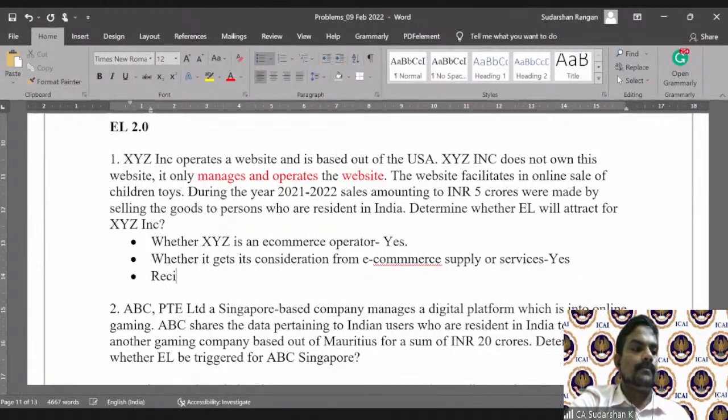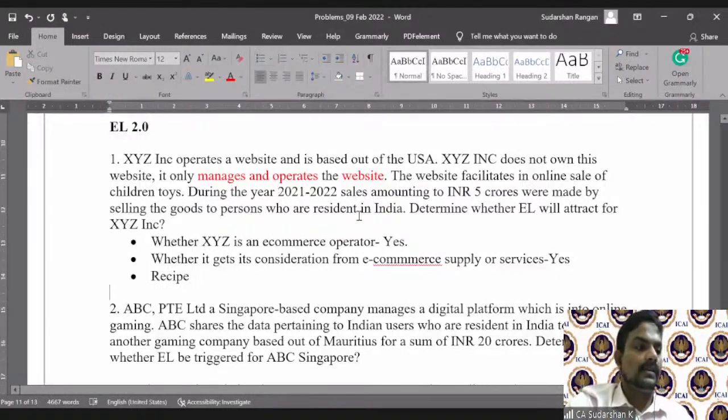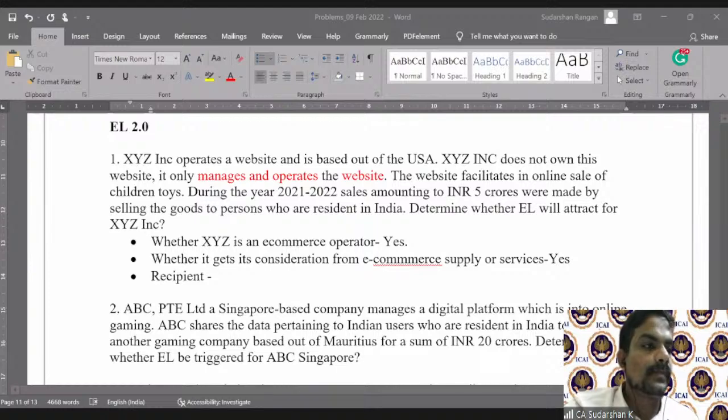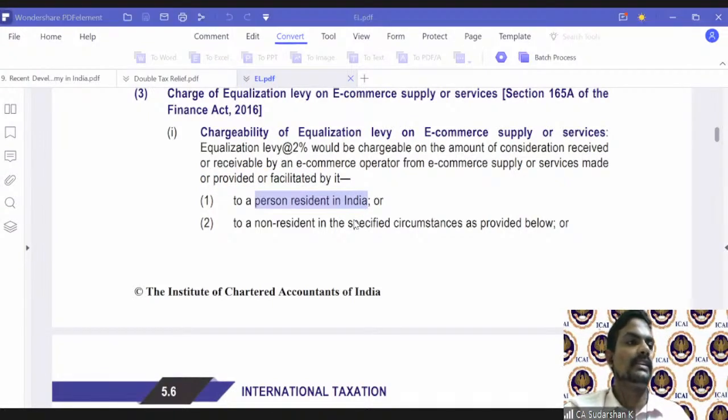And the recipient. Who is the recipient? The recipient is persons who are resident in India. So section 165A, which is the charging provision, says any consideration received from e-commerce supply or services made or provided or facilitated by the e-commerce operator to a person resident in India. So it is very clear that the question specifies a person resident in India, so resident in India,